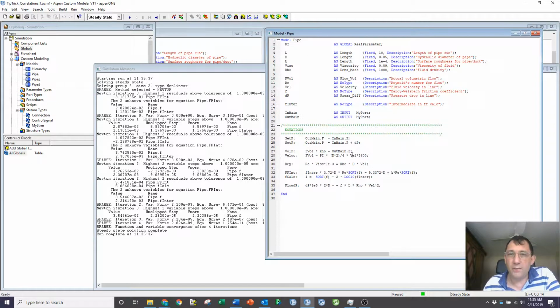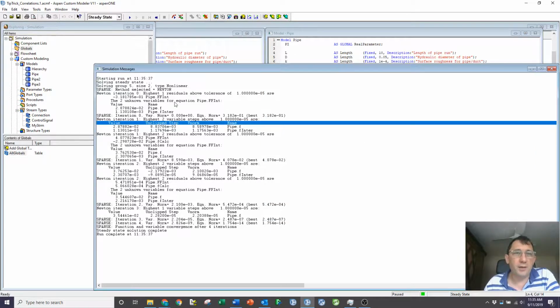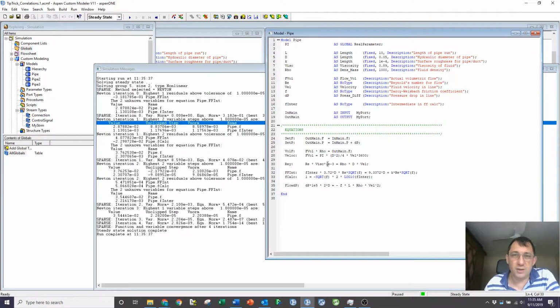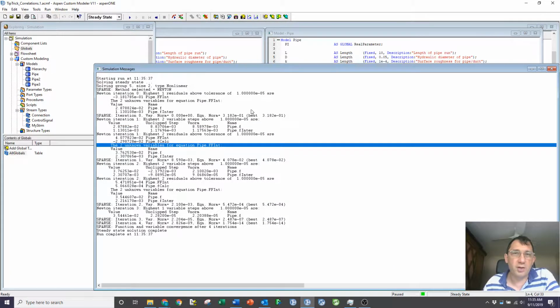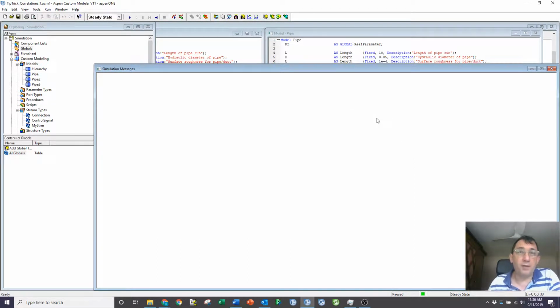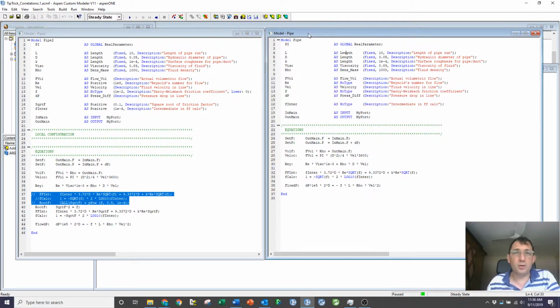Because I changed the value of pi, I changed the relationship between volumetric flow and velocity. And so with the velocity changing, that changes the Reynolds number. With the Reynolds number and velocity changing, that then changes all these other equations. So I need a few iterations to resolve my system with a reasonable value of pi. Now that I've set pi correctly, though, the system's going to work just fine, he says confidently.